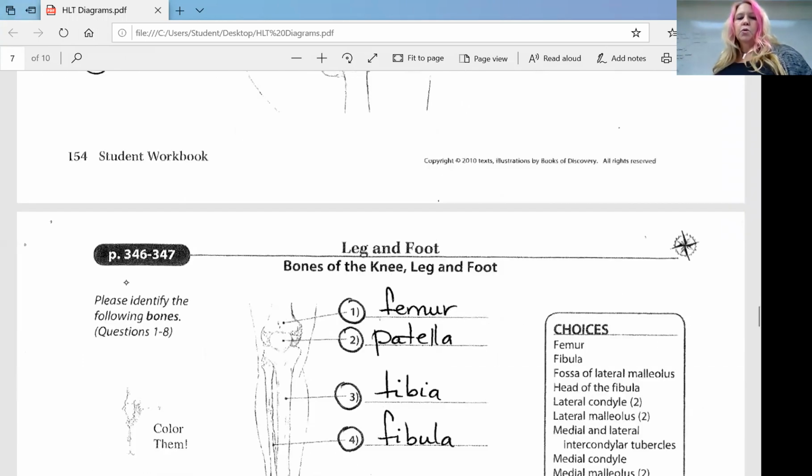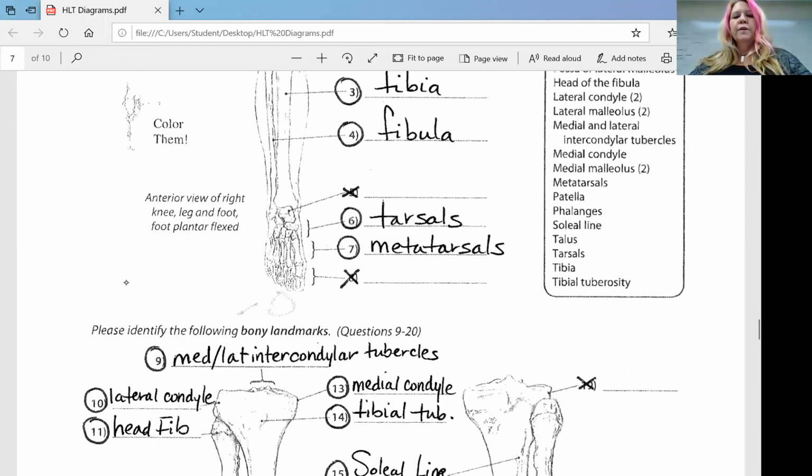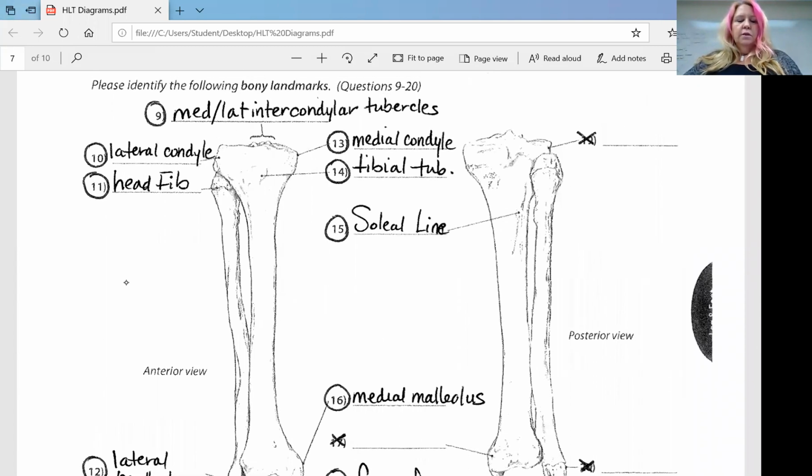Moving on to bones of knee, leg, and foot. We have, of course, the femur coming down. And then we have the patella and the tibia. Remember, the tibia is the big one that articulates with the femur. I always say the fibula is its shorty, just like the radius is the shorty to the ulna. We have the tarsals and metatarsals, and we didn't label the phalanges because we only need to label them once. So moving on down to the view of your tibia and fibula,